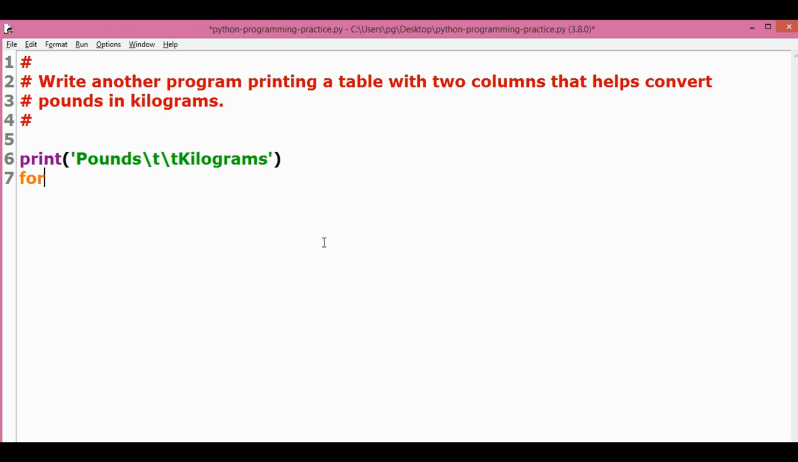For pounds in range. Here we have used the range 1 to 11 so that in the first column it gives us the values from 1 to 10. So in this case we want to convert values from 1 to 10 pounds to their equivalent values in kilograms. Now using the formula that 1 pound is equal to 0.454 kilograms, kg is equal to